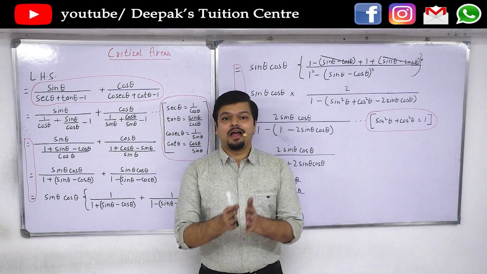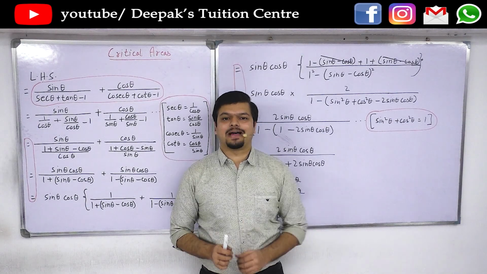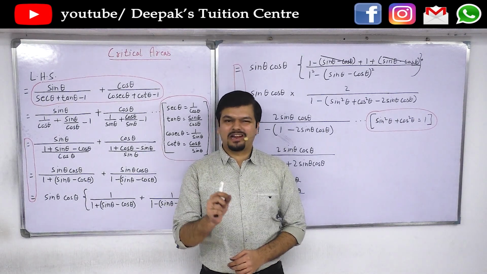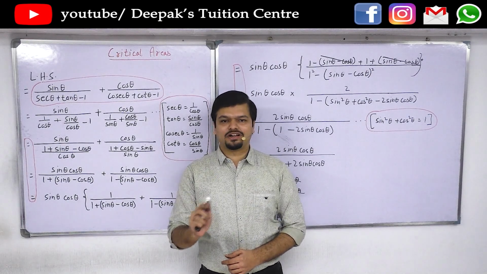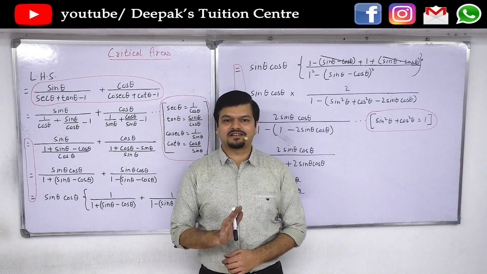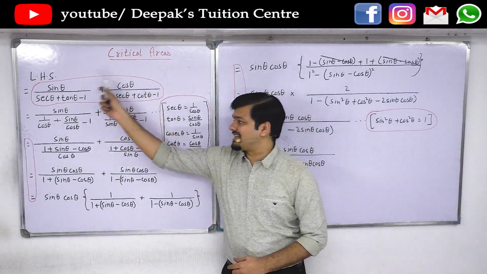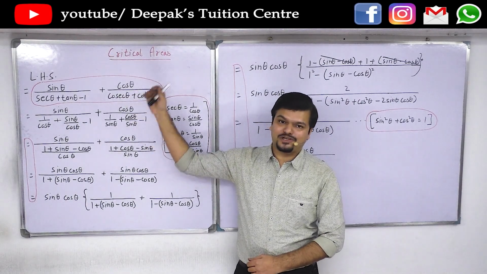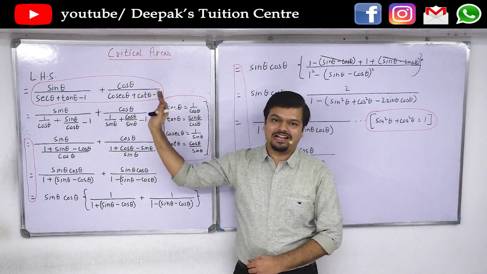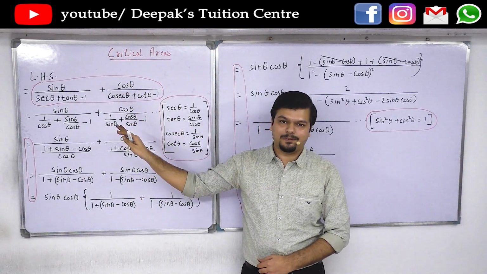Understanding the procedure of how to solve the sum is the most important area in this chapter. The other areas where you can lose out a few marks are not huge. You need to just be careful so that you do not miss out on any marks. The first thing is, if you are doing any proving sum, then you must copy the left hand side as it is given in the question. The first step should be the question as itself, and then you start solving it. Do not simply start solving the question.